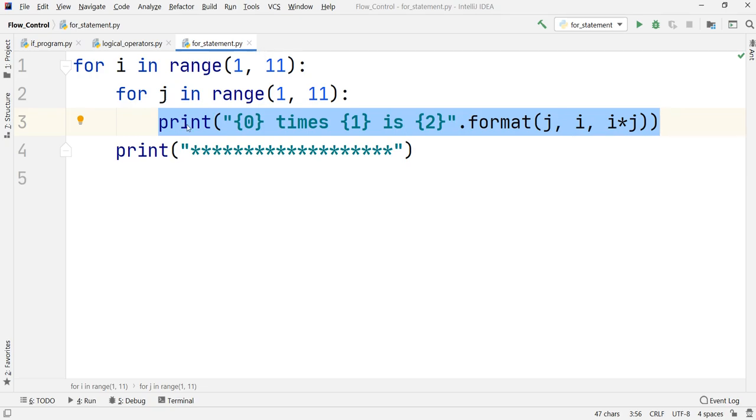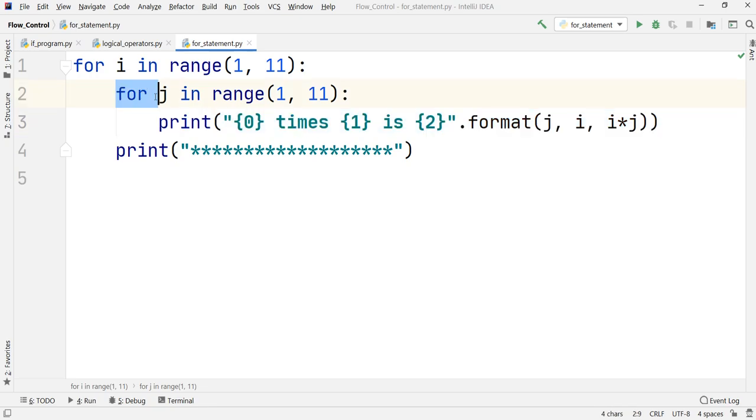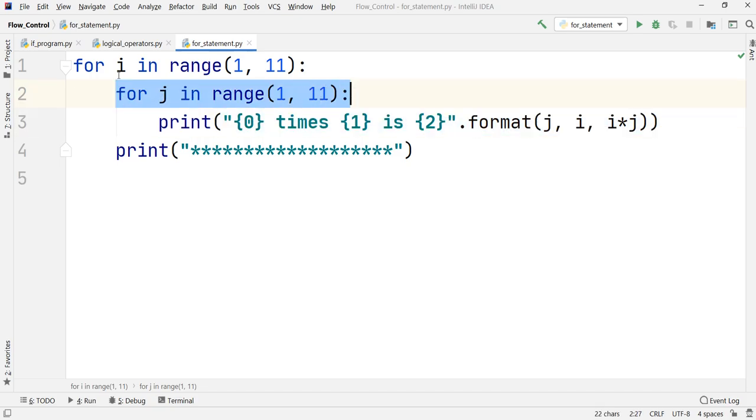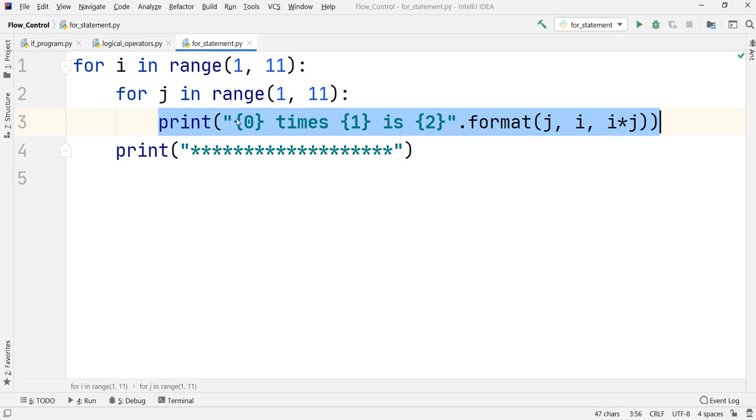Likewise after that it will again go back to this loop. A very important thing that you'll have to remember here is that after execution of this print, it goes back here and not directly here. When it goes back here, it will again change the value of j from 1 to 2, but the i value will remain 1. It will come inside again, and now the j value is 2, so 2 times 1 is 2.